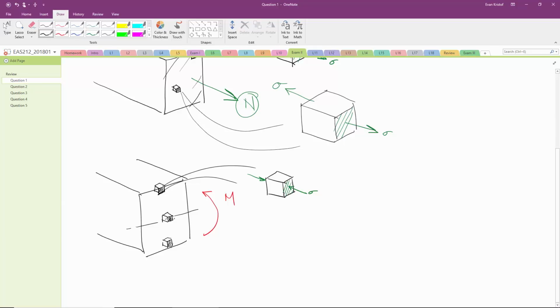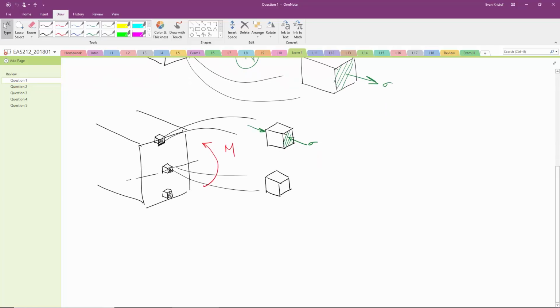If we were to look at the stress distribution for an element at the neutral axis, like right here, because this is the neutral axis, it is not undergoing any normal stress due to the bending moment, so I would just leave that blank. And then down at the bottom, visualizing this element right here, it is going to be in tension at the bottom, so I'll show it this way with the arrows pointed out of the elements. And if I wanted to put a number on these, I could calculate what it is and say 10 ksi or 5 ksi, whatever you want. But this is just trying to get you thinking about how the stress varies with the location on the